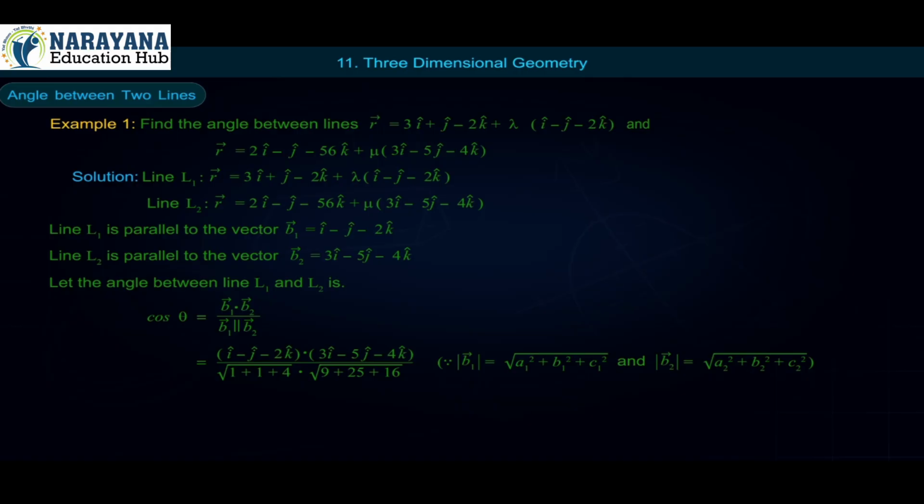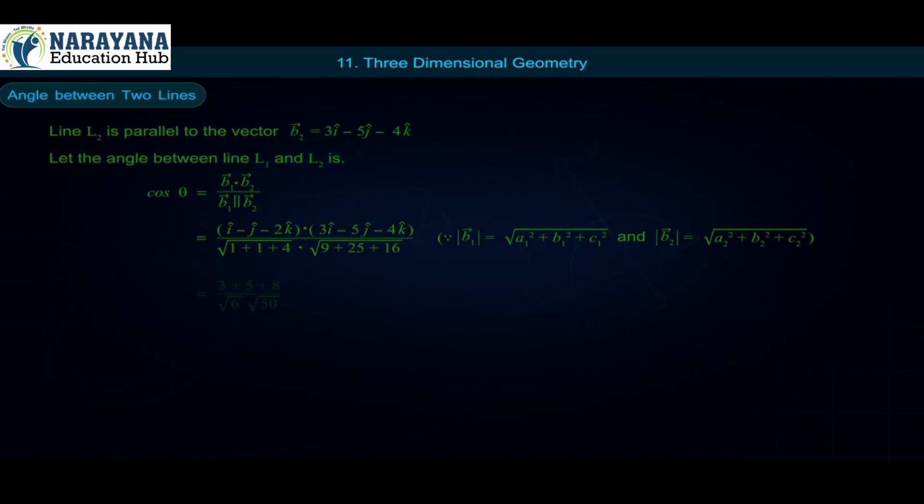Because modulus of vector b1 is equal to square root of a1 square plus b1 square plus c1 square and modulus of vector b2 is equal to square root of a2 square plus b2 square plus c2 square,